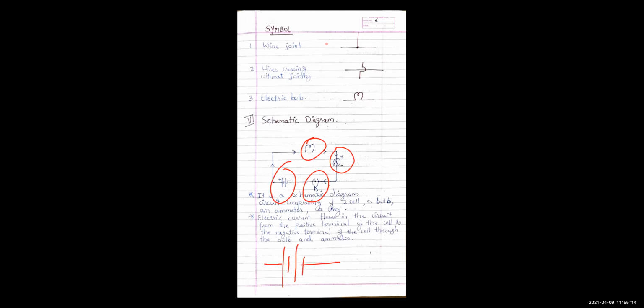Then what you need to do? You need to put a bulb. Okay, so bulb symbol you know. Then you need to put an ammeter. Okay, ammeter. And then you need to put a key. Okay, key should be closed. But this is negative, this is positive. So negative of battery to negative of ammeter. तो यहाँ पे negative दिखाओगे. Then positive of battery to the positive of ammeter. So this should be positive. Plus direction of current. Direction of current is from positive through the circuit to the negative, right? This is your question for 2 marks.